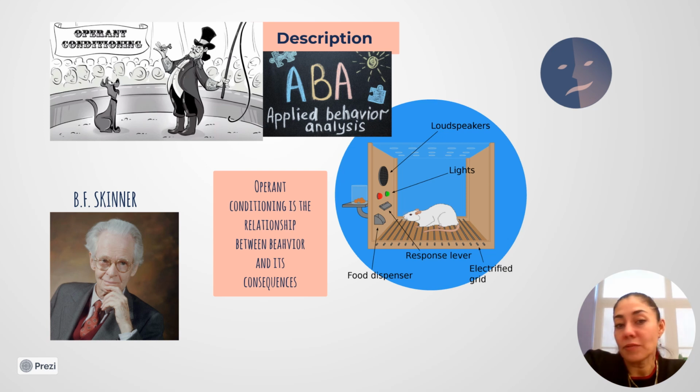To understand the concept of reinforcement, it is important to first review the origin of this term, which is part of an approach or method of learning called operant conditioning. Operant conditioning is a technique for modifying behaviors that was developed by Skinner in the 1930s. The technique is based on the principles of reinforcement and punishment. Today, no punishment. We're not going to talk about punishments. According to Skinner's model, behaviors are influenced by their consequences and can be modified by changing the